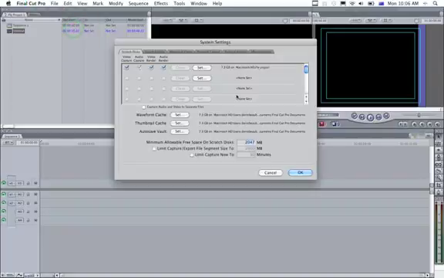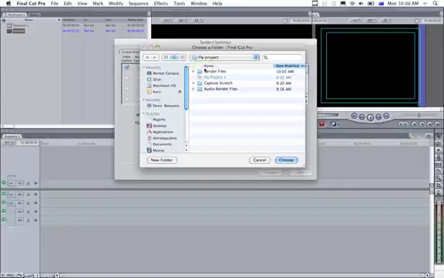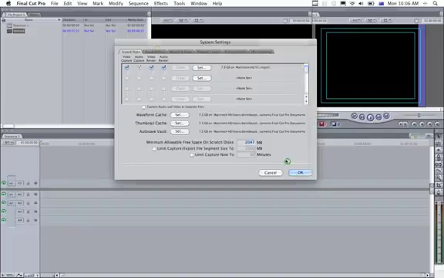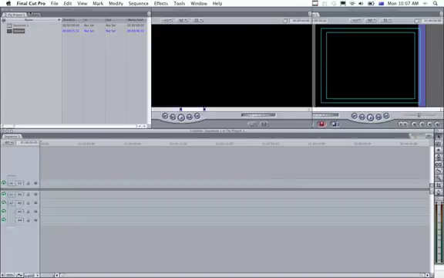Select that, then I'm going to press Set here, the button Set, and I'm going to find the Stan folder that I've created, which is on my hard drive. Highlight it and just press Choose. So now I've set my scratch disk. You can see there's 7.3 gigabytes on my hard drive and in a folder called Stan. It's all listed here. Press OK. Once I've set my scratch disk, I'm going to